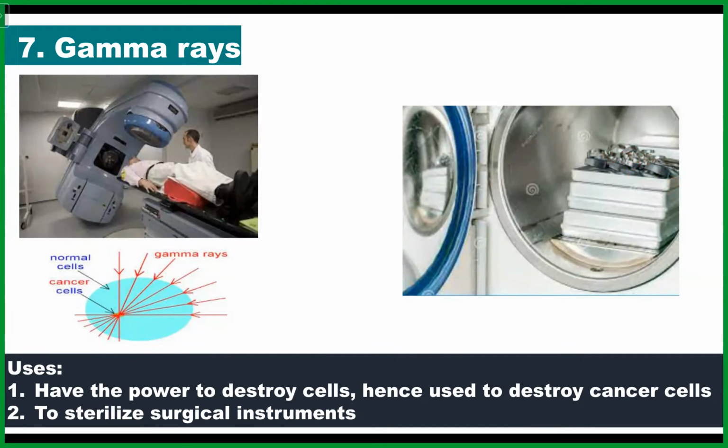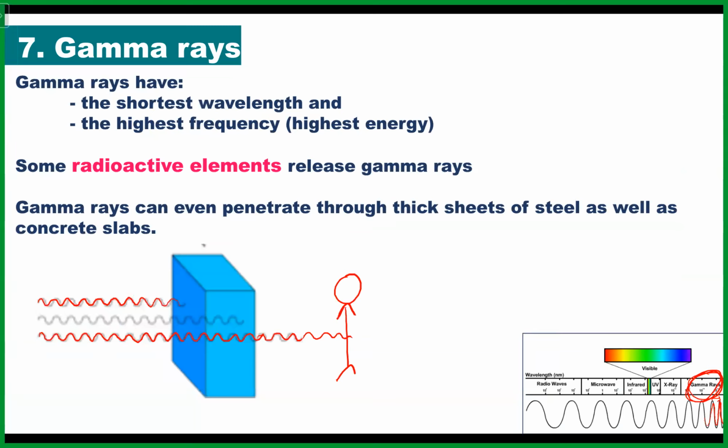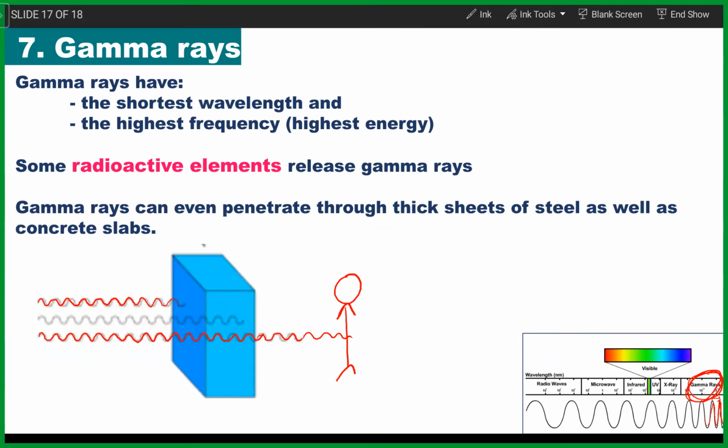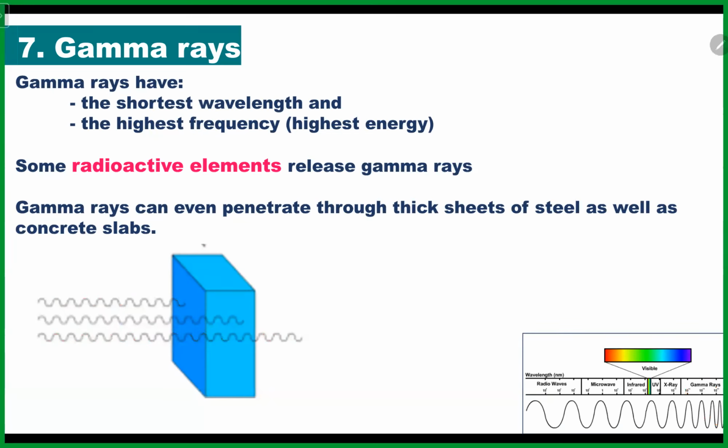So that's what you need to know about gamma rays. And with that, we have come to the end of all the types of electromagnetic waves. So we've discussed, we started off with radio waves, then moved on to microwaves, infrared radiation, visible light, ultraviolet, X-rays, and gamma rays. So this brings us to the end of this